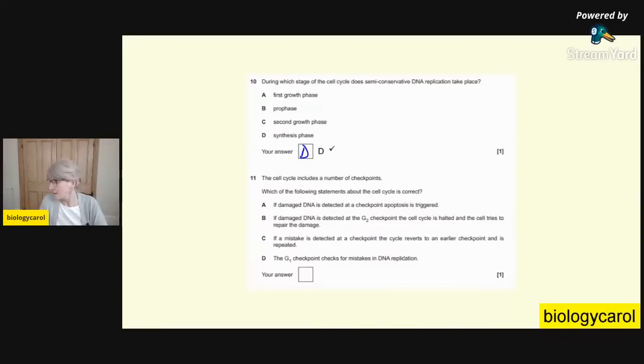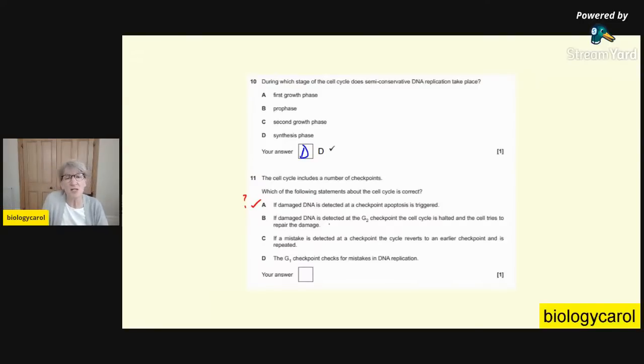Cell cycle includes a number of checkpoints. Which of the following statements about the cell cycle is correct? If damaged DNA is detected at a checkpoint, apoptosis is triggered. Ooh, I quite like that answer. I'm not absolutely sure that at every checkpoint, apoptosis is triggered, but I'm kind of going, okay, let's keep on